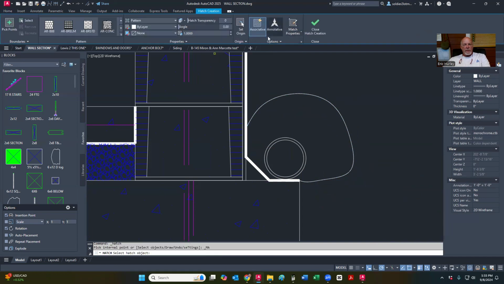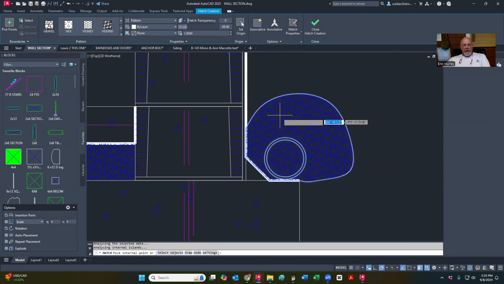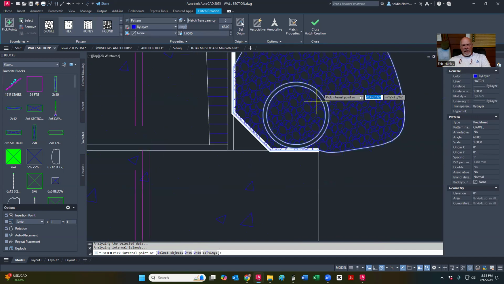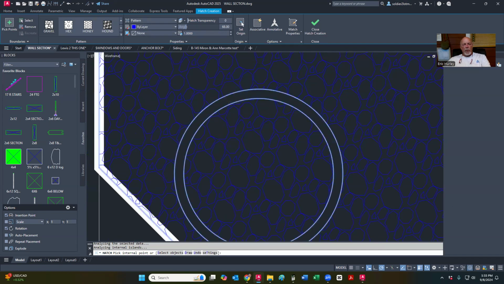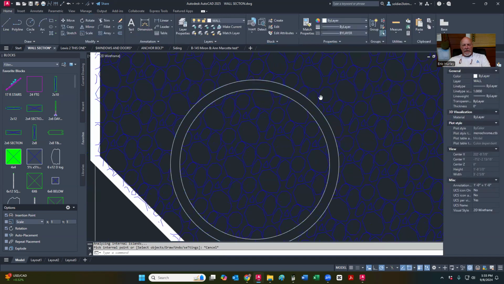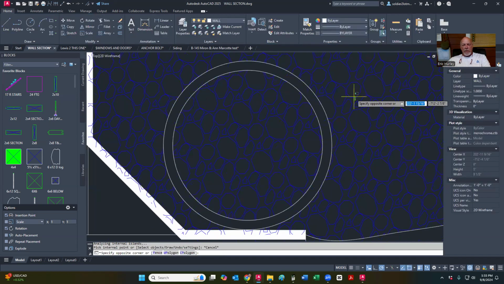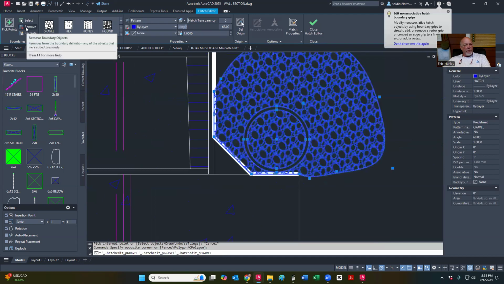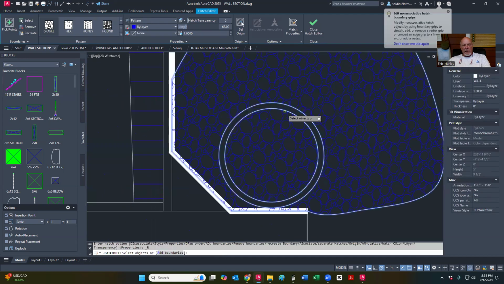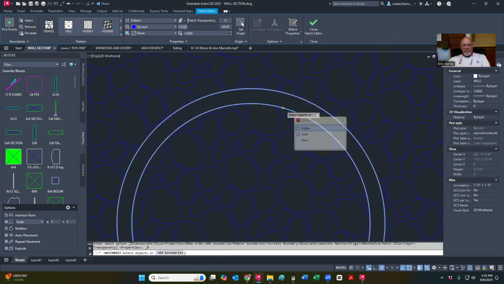I'm going to match properties. I'm going to go down here to this gravel and click, and then I'm just going to click inside of that. Notice that it put it inside here, but didn't put it there. So we have to do a little bit of finagling here. Highlight your gravel, and then right up here in the corner, you're going to see remove, and you're going to click on that inside line